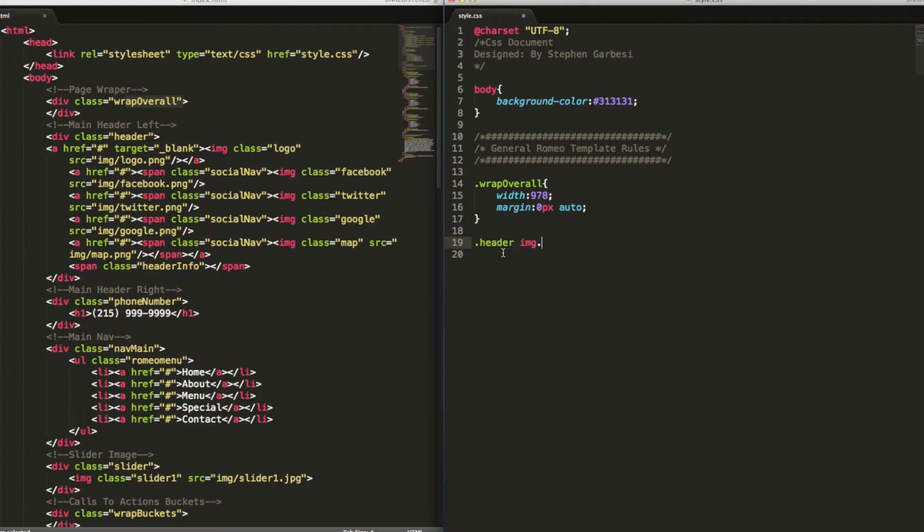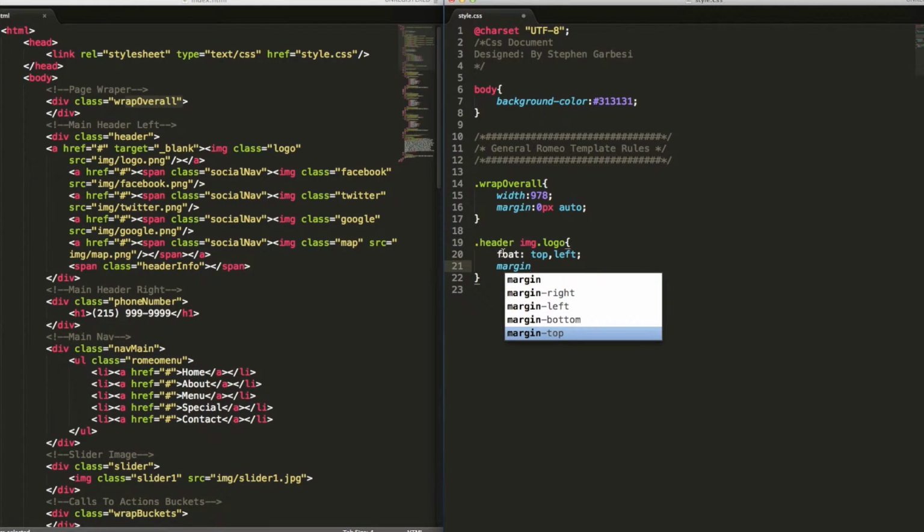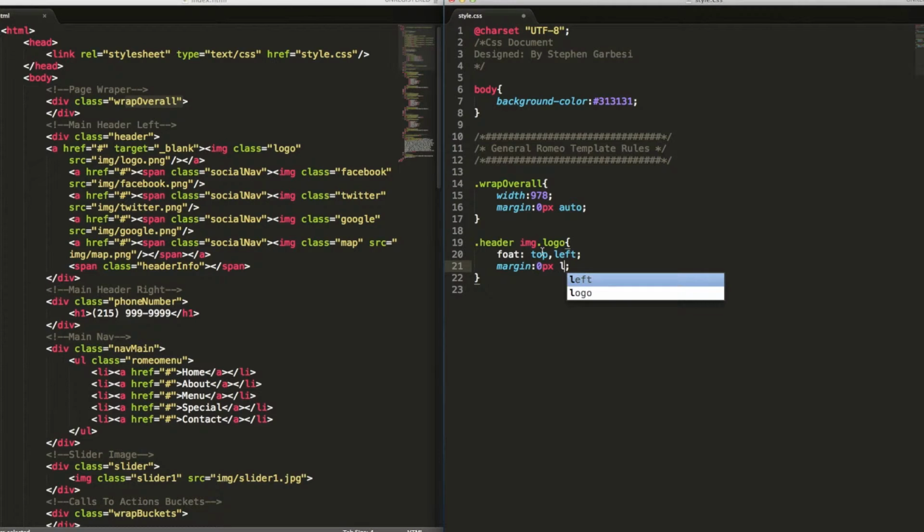Let's just do this: header image logo. I'm going to go through this pretty quick, and then I'll explain what I'm doing. Image logo. It's going to be float. We're going to make this float, and it's going to be top left. And then we're going to do a margin. And by the way, I spelled float wrong, so this will be margin 0 pixels auto, be that margin, and of course float needs to be spelled right, so there we go,